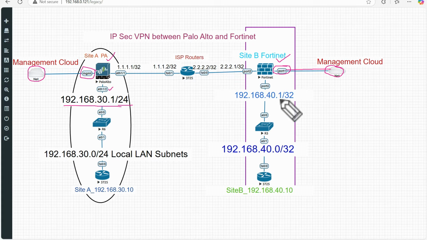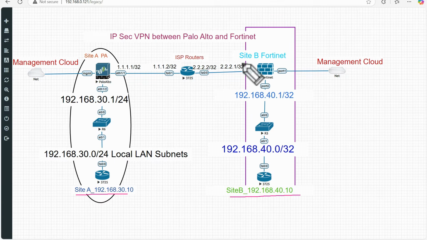and the same is true for the Fortinet. Fortinet has 40.1 assigned on port 3, and the LAN subnet of site B is 192.168.40.0/24. I have assigned two routers which will act as PCs. You can consider them as hosts on both sides. The IP address of these routers will be 192.168.30.10 for site A and 192.168.40.10 for site B. Further, this is Ethernet 1/1 where we have assigned the IP address